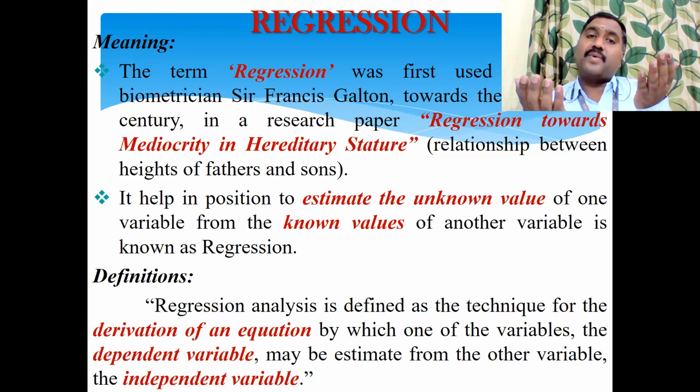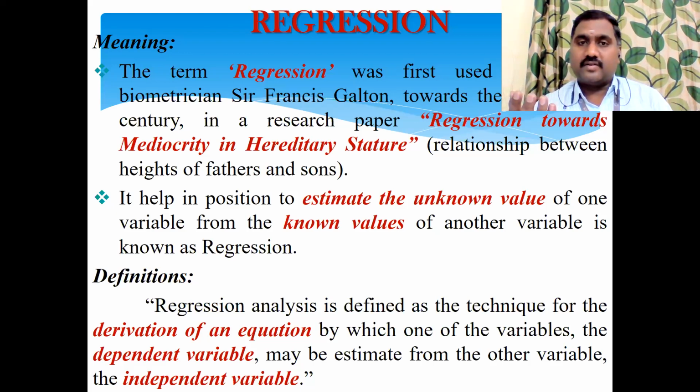Suppose, apart from advertisement, there is another independent variable also. What is that? Demand. So the second independent variable is demand. So your dependent variable, sales, depends on two or more independent variables. It depends upon advertisements, plus it depends upon the demand. It depends upon the effort taken by the sales executive and upon the location.